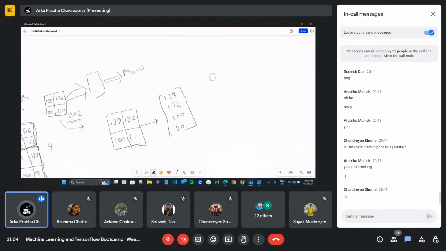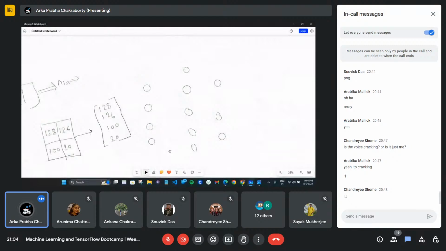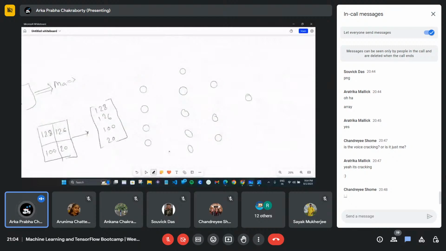So this is nothing but our features. One, two, three, four. How many features do we have? Four. You can add many numbers of neurons. For now, I'm taking one more hidden layer, and after that I'll be taking the output. If I'm classifying dog or cat, this is a binary classification, so this will be my output.